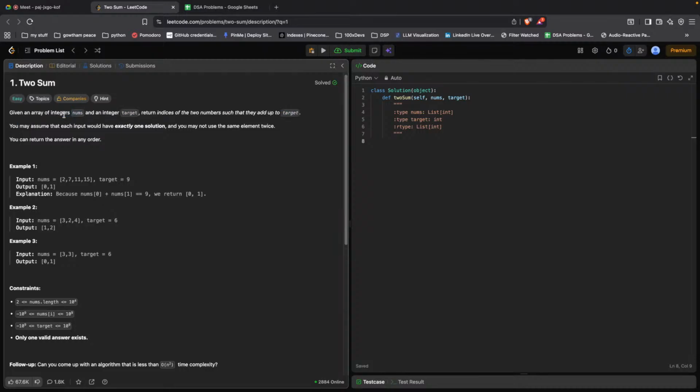Given an array of integers nums and an integer target, return indices of the two numbers such that they add up to target. You may assume that each input would have exactly one solution and you may not use the same element twice. You can return the